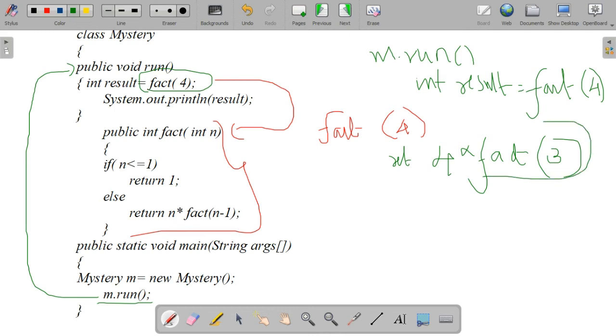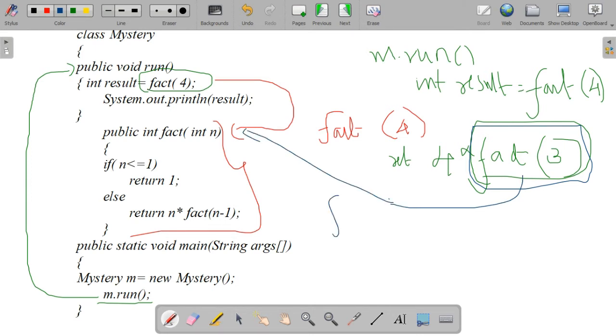In the else part, it has to return n, that is 4, into fact of n minus 1, 4 minus 1 that is 3, is it? So again it will get stuck at fact of 3. Again the compiler finds this is the same method, it calls fact of 3 again, so it can't execute this entire statement.